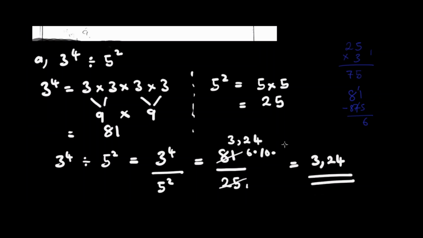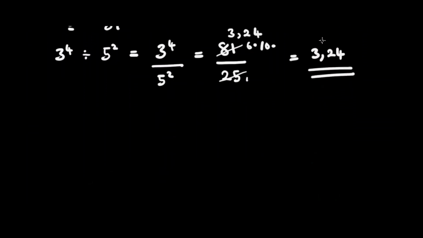I'm going to do something which I do not usually do. I want to prove this answer. But before I do, as an instructor and a tutor of mathematics, sometimes it is required that I prove my answers. You should know that this is not part of your solution. So I'm going to use a different color to indicate that it's not part of your solution. Songa tuye kunoku. I need to prove that 3,24 is the correct answer. So maybe I will say proof.